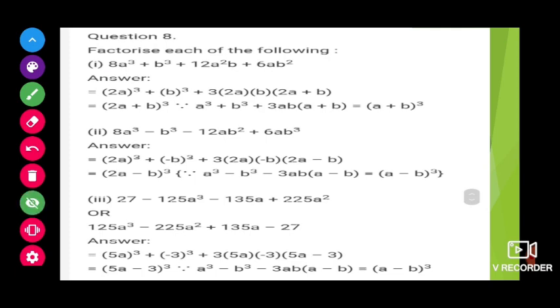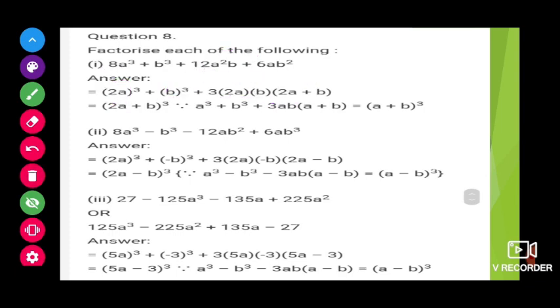Now the first term, 8a cube, we can write as (2a) cube, plus b cube as it is. Now what do we want? 3ab. So a is 2a, b is b. From these two terms I will take 6ab out. So what is the remaining? From this, 3 will go and one more 2, so 3 twos are 6 will go, remaining 2a. And from the 6ab square, if 6ab will go, then the remaining is b.